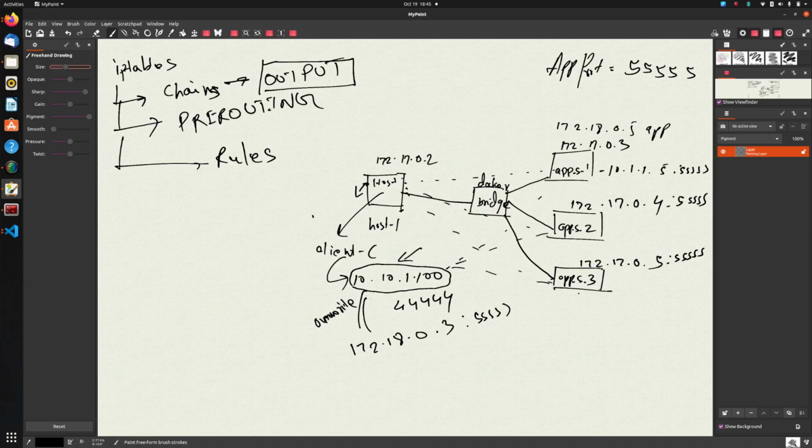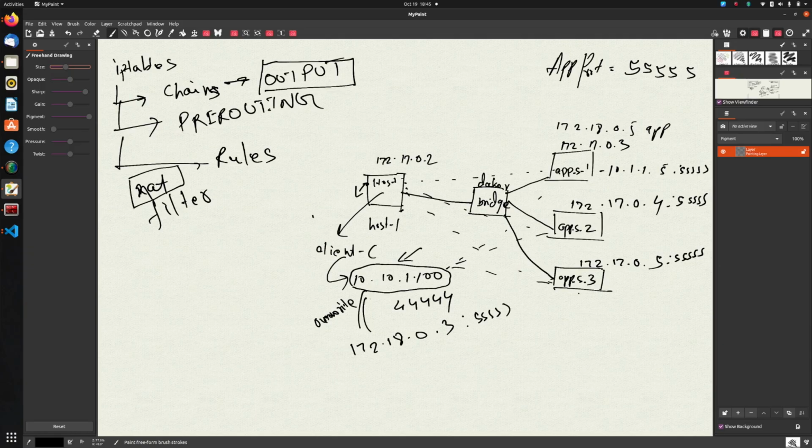These rules are very nicely organized in iptables in the form of tables, right? Similar rules are grouped into a table. For example, any rule that has to do with network address translation, or NAT, gets grouped into the NAT table. Anything that has to do with filtering packets gets grouped into something called filter. Again, filter is just another example. There are many such tables, but we will concern ourselves only with the NAT table for now.